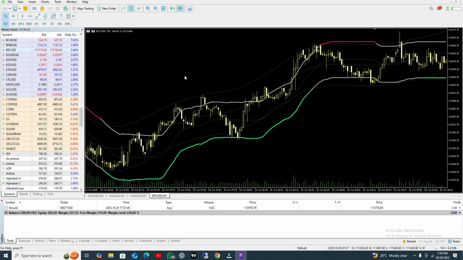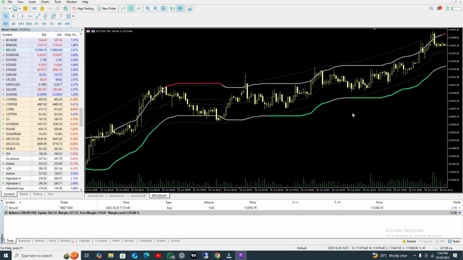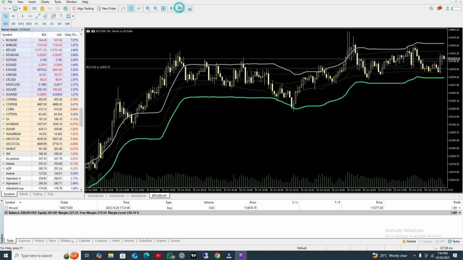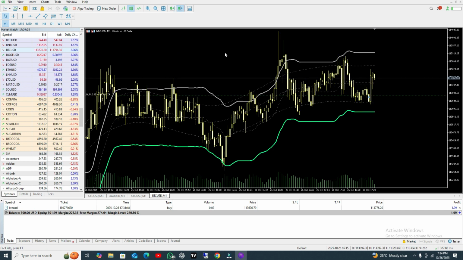Okay, and here you can see when the line is green and the candle touches the TMA line or the green line, you need to open your buy position. Here you can open your sell position and take profit when the candle touches the line. Here I am showing you a live demo example as